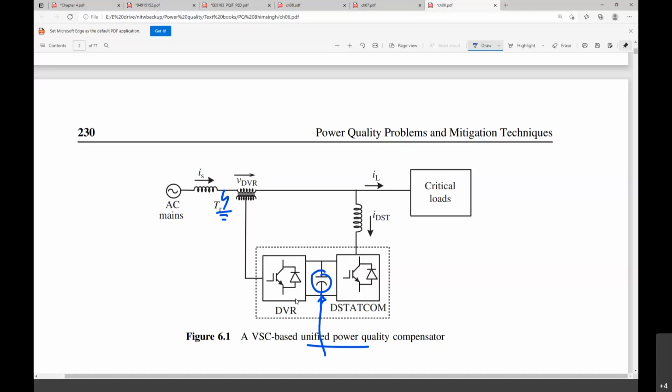But in general, in almost all the papers in the literature, including my paper also, they have used the capacitor and charged it from the source itself. These are all based on limitations in the experimental setup, and it is not in our purview. That is not the main content for anyone who is working on the unified power quality conditioner. But in a practical system, the capacitor should not be charged from the source when there is a sag. That's the point.